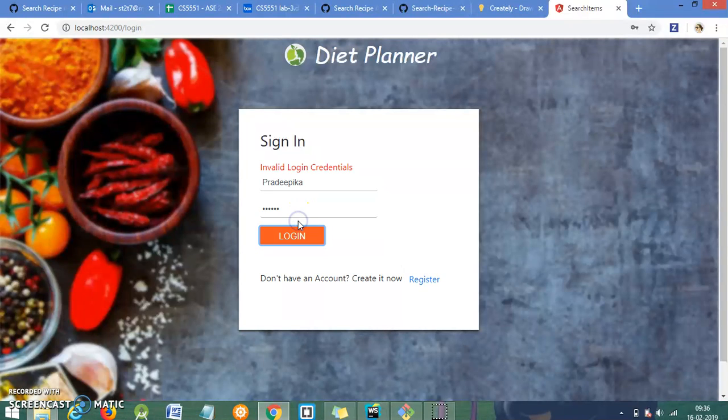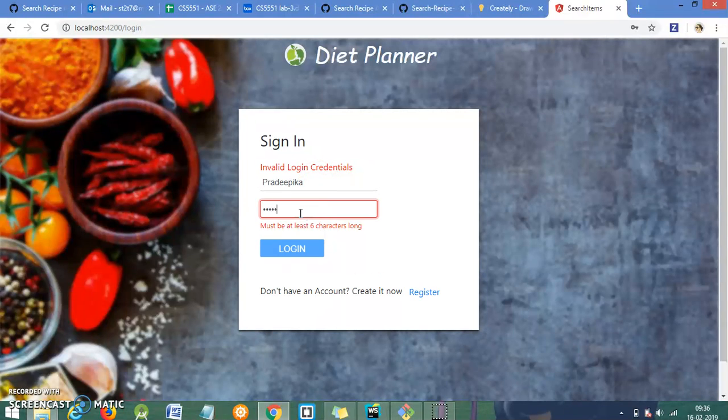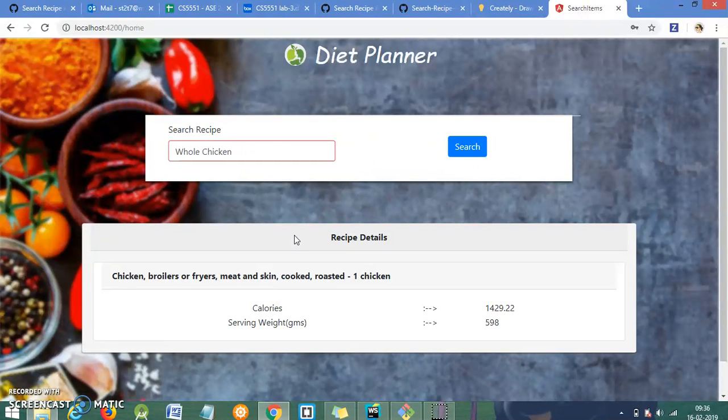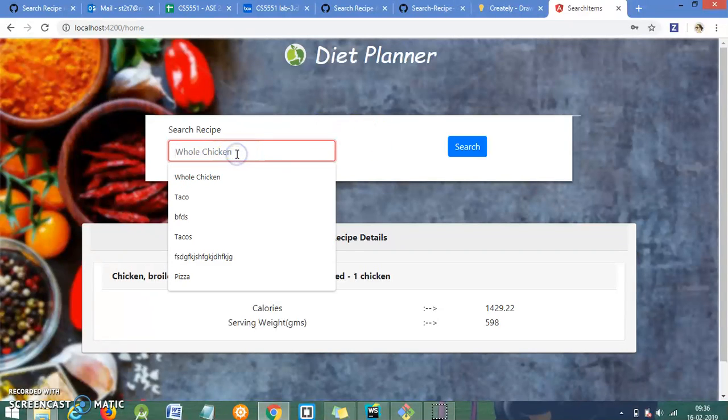Entering a wrong password shows invalid login credentials. So the voice is already recorded, and we have written whole chicken as the basic value. So we have added validations for this as well. It should be required, and